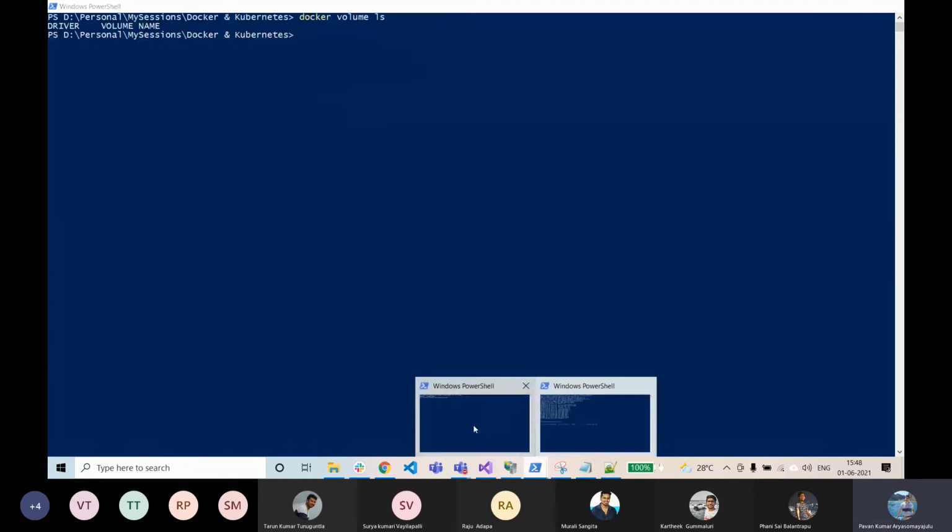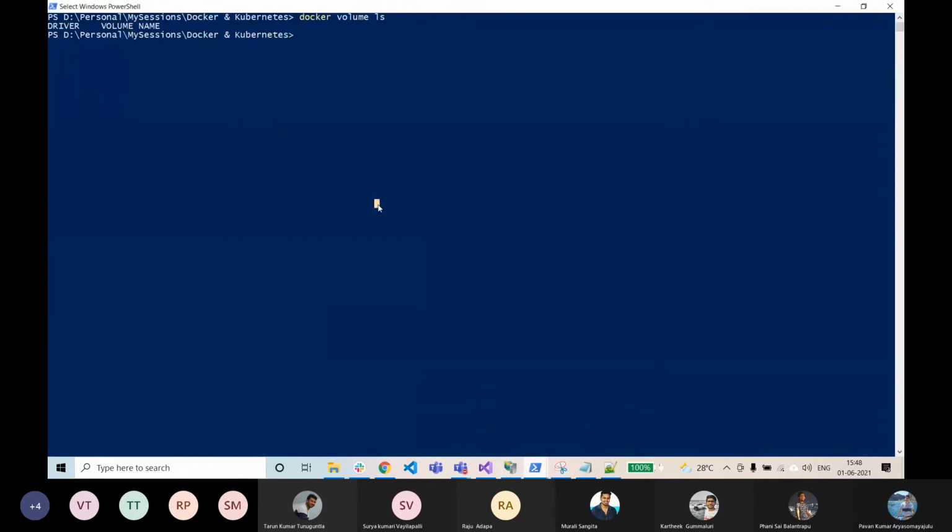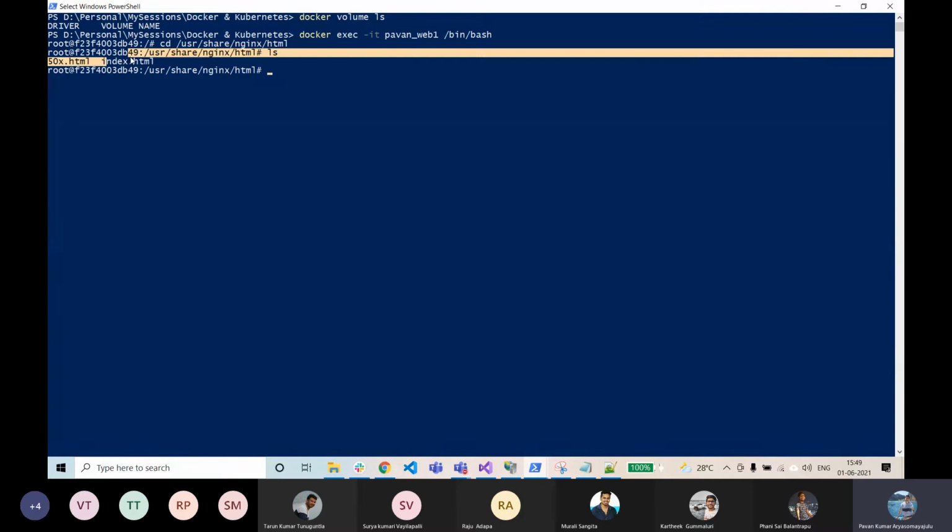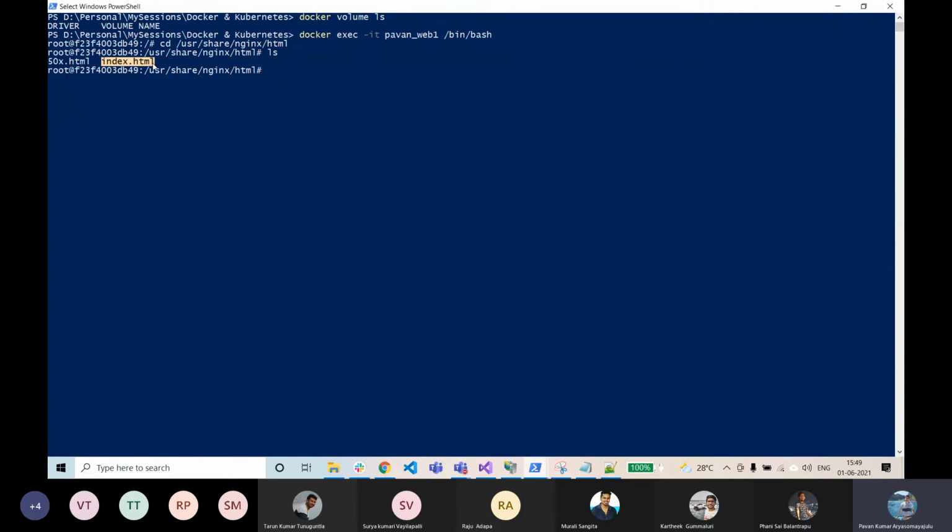I'll just show you. This is the HTML file. I'm on the container, right? This is the HTML file from which it is picking.